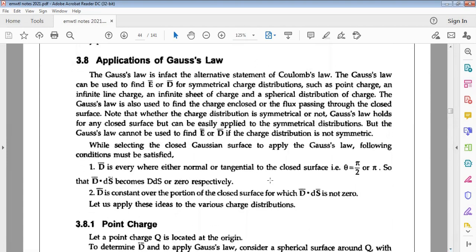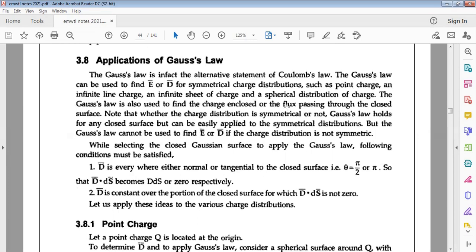You see, the next one is Gauss's law. Gauss's law is in fact an alternate statement of Coulomb's law. Gauss's law can be used to find E bar and D bar for symmetrically charged distributions, such as a point charge, an infinite line charge, an infinite sheet of charge, and a spherical distribution of charge. Okay. Gauss's law is also used to find the charge enclosed,